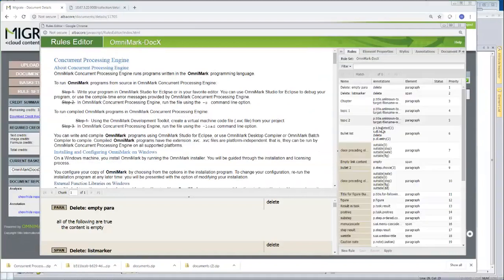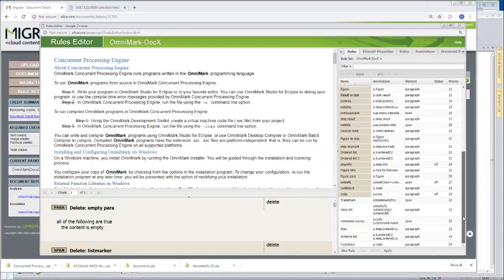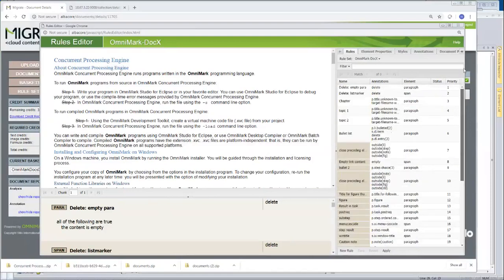Over here we have the rules that are in effect. You'll see we've got a bunch here that didn't apply. That's okay, it doesn't matter. And down here is a place where we can either add new rules or modify the rules that we have. So typically what we'll see is,